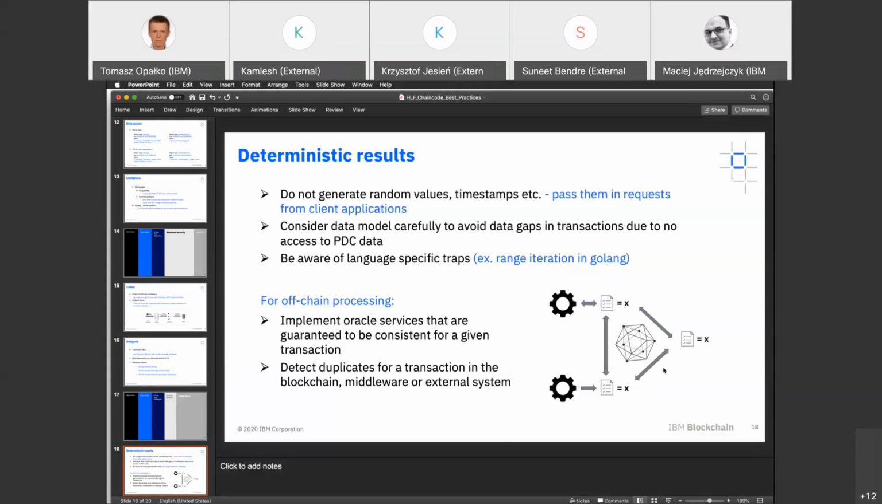Also, you have to be careful about those, let's say, data gaps that result from some nodes not having access to private data. I have talked already about this in the private data collection part. And also, I was quite surprised, but I learned something new. Sometimes the language that you are using for your smart contract also imposes some limitations on the implementation. Like in case of Golang, I found out that if you iterate over a range, like an array, let's say,